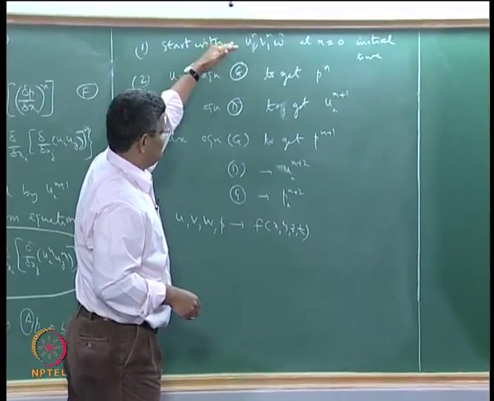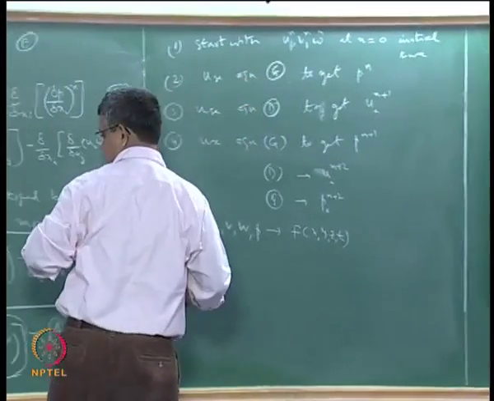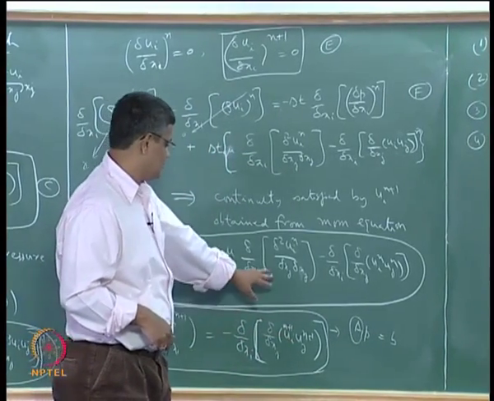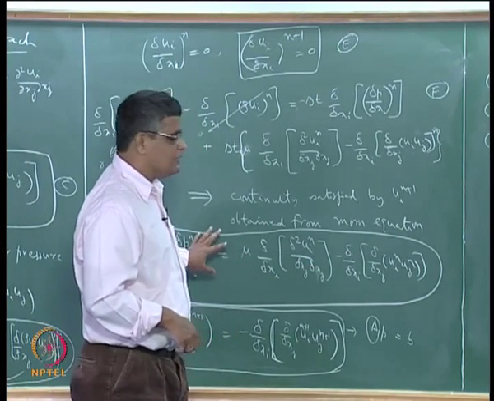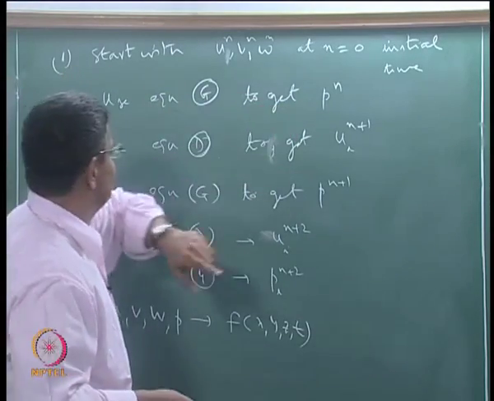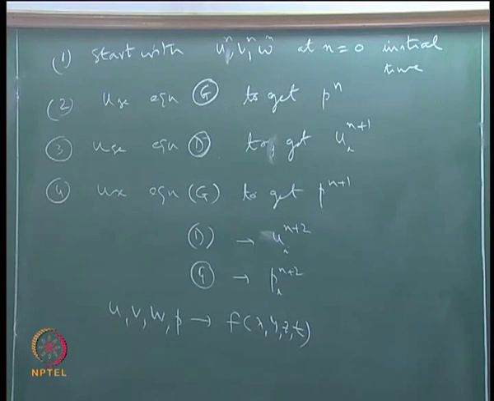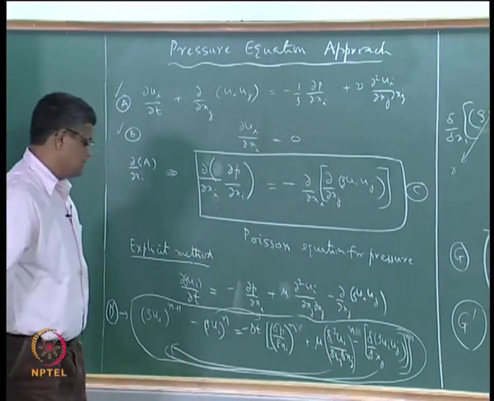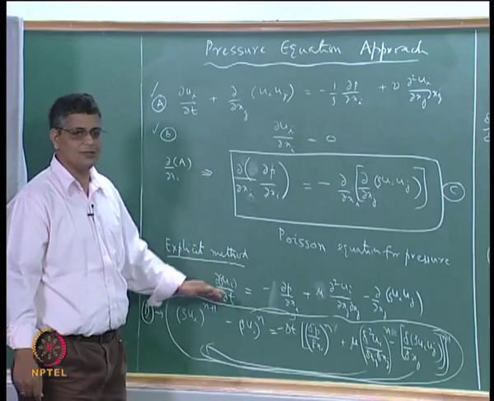What we would like to point out is that when we use an explicit method, then in order to go from n to n plus 1, we solve equation G once. Okay, when we say equation G, this is the Poisson equation for known velocities. So this matrix equation we solve using direct methods or iterative methods, but we solve it to get Pn. Once we do that, you can go to equation D here in the explicit form like this, and the solution is very straightforward. We have 3 equations and all of them are explicit, so the solution is very straightforward.